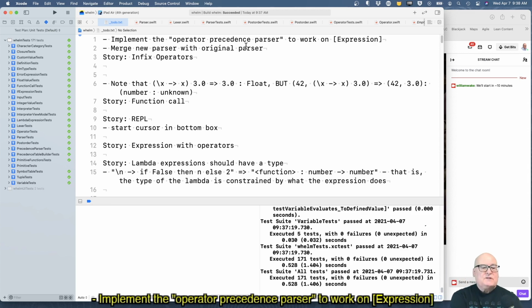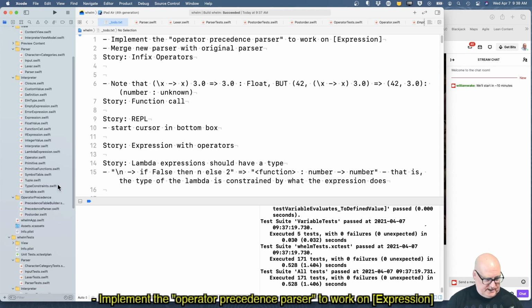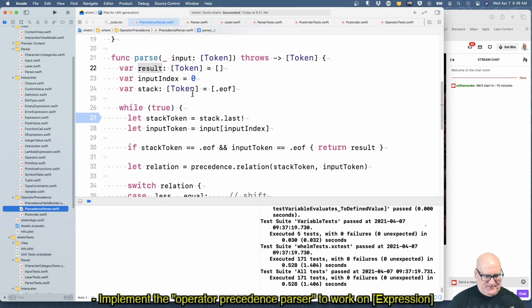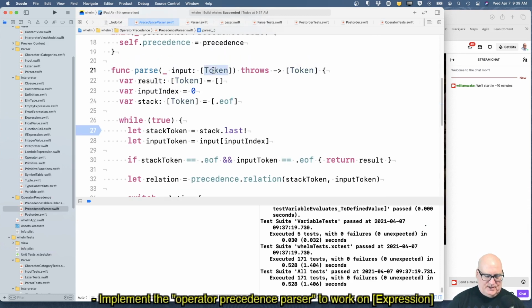So right now our parser looks for tokens, but we're feeding in sequences of expressions, and that tells me we're gonna have to modify our parser, which, well, we knew this day was coming. Okay, everything is input token.